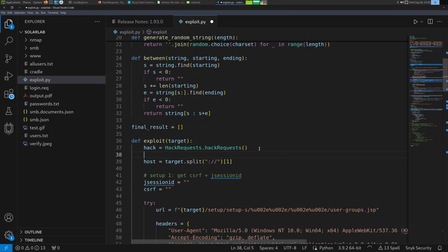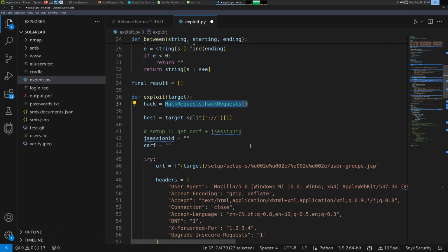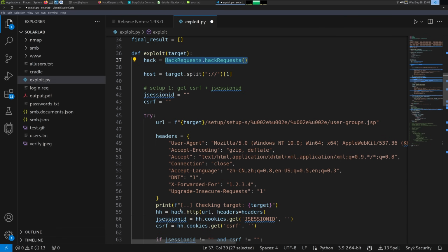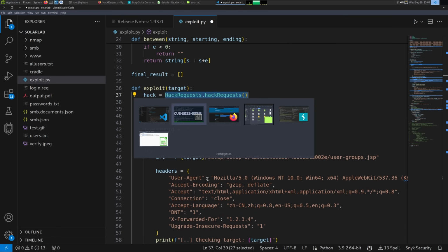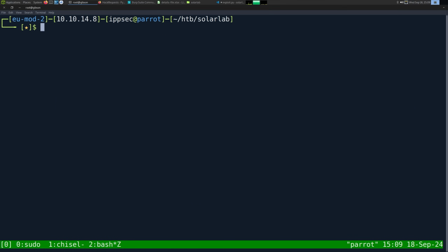How do I set the proxy on this? Oh, this is not a session object. This is just initializing the library. I thought this would be a session, so everything after it would take effect. Maybe it just takes the HTTP environment variables. That may be an easy way to do it. Let's do HTTP proxy equal to http://127.0.0.1:8080, and then python3 exploit.py